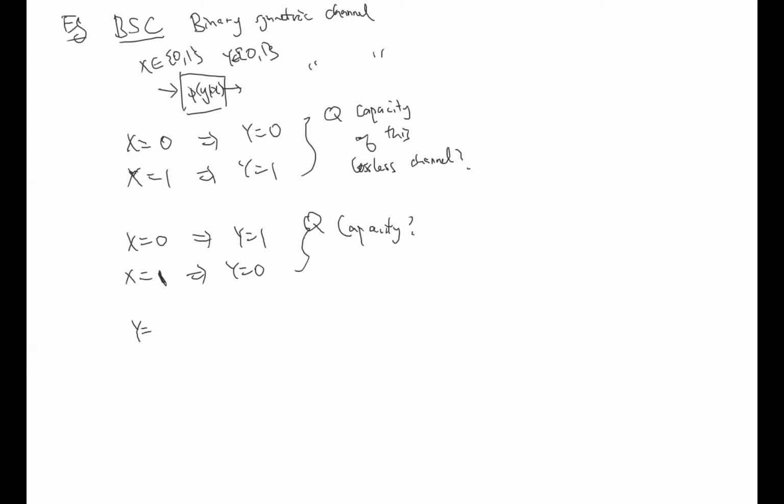So the general case will be y is equal to, let's say, x, maybe I put a log x, since I mentioned a log k here. I don't know whether you use a notation like that, I don't know what other notation you use. So this is just log x. If I 0, it becomes 1, 1 is equal to 0. So y is equal to x with a probability of 1 minus p.